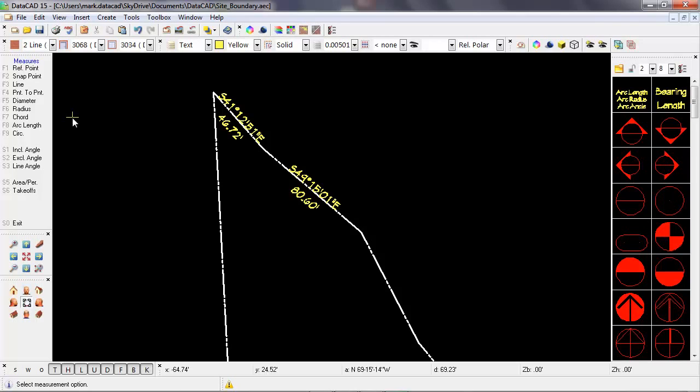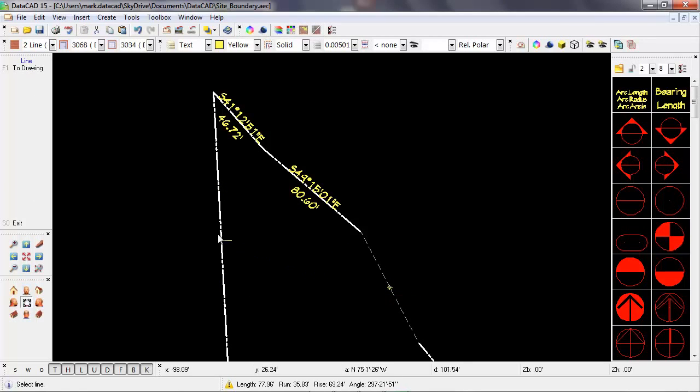That brings me to the Measures menu, and I can select Line, which then allows me to pick one of the segments. DataCAD now identifies its length and angle, and I have an option to place that into the drawing. So the first value that I want to place into the drawing is the angle, so I'll select that. And now I get a subset of the text menu, and like we've been doing previously, I'll select Angle, Match, pick the line angle to match,